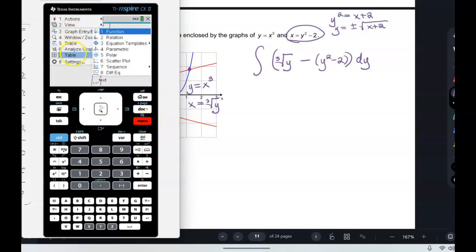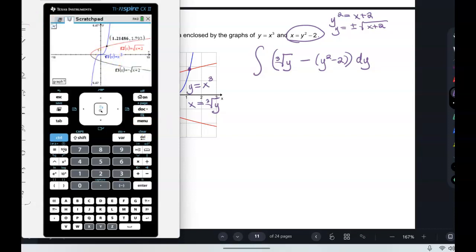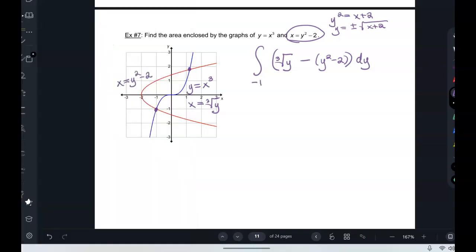Okay, so let's find the intersections. You just did three graphs. I did three graphs because technically this is not the only way to do it. You could put everything in terms of x, but then you would just look for the x coordinates. So this is going to go from -1 to b. So b is equal to